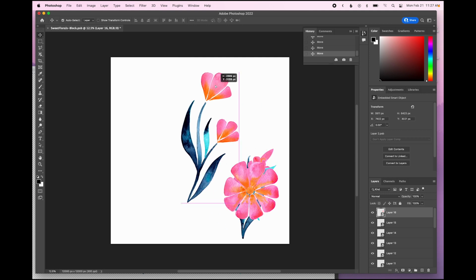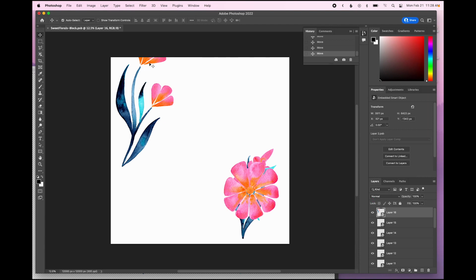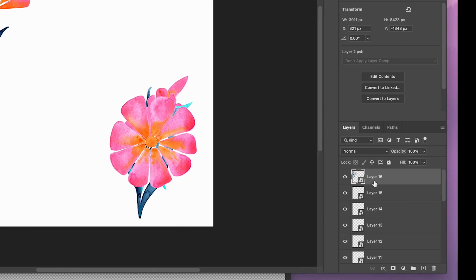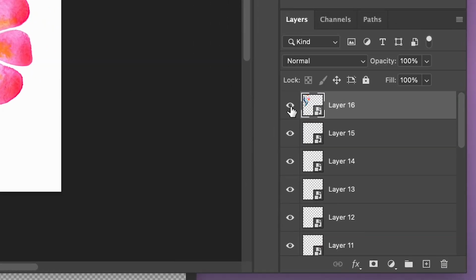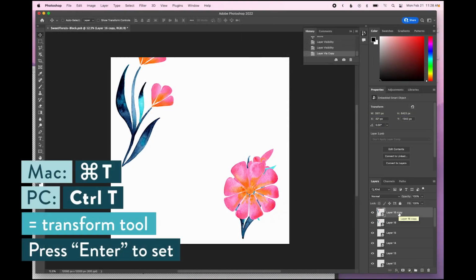So remember, whatever gets cropped off on one part of your canvas must be repeated perfectly down here at the bottom. I used to do this manually, and I'm going to show you a quick example of how. You don't have to follow along for this part though. So the way I used to make sure that whatever got cut off duplicated perfectly at the bottom was I'd make sure that that layer was selected, hit Command J on my keyboard to duplicate the layer, Command T to